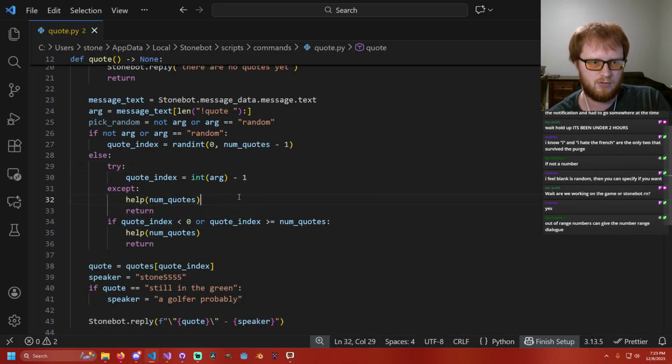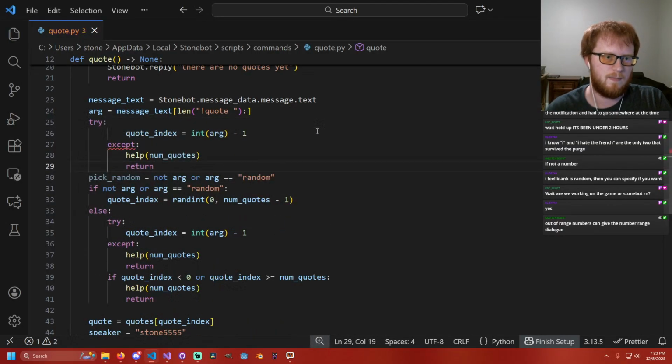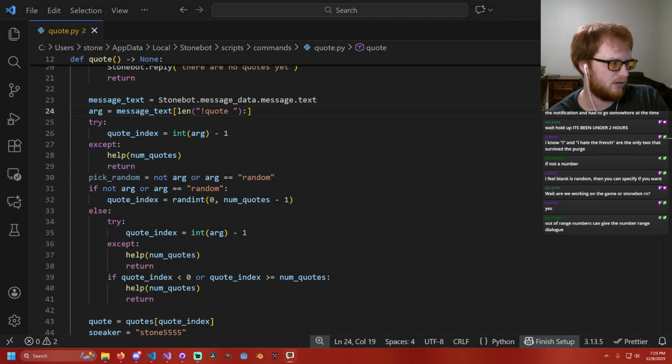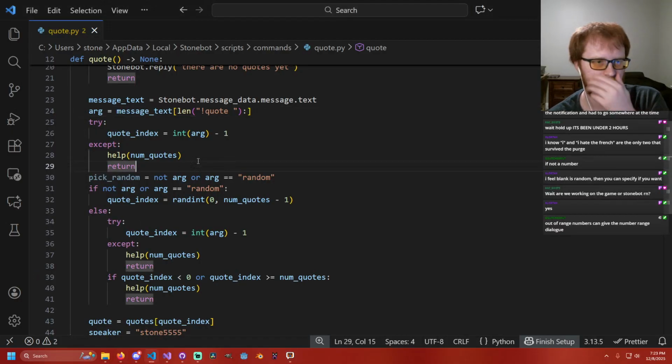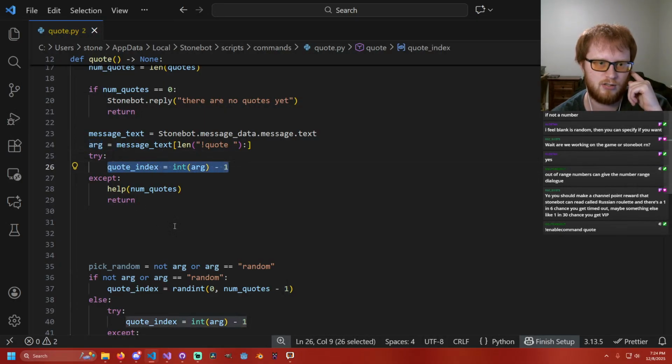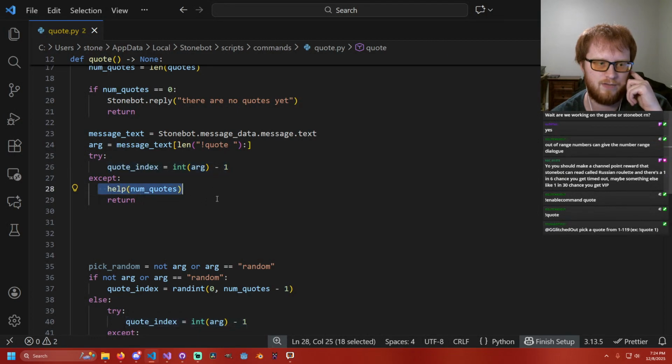So then if I just throw this up here, right? And let me actually, I'm going to disable the quote command for now while I'm messing with the script here. Okay. So I grab the message text and then I try and see if anything past the exclamation point quote space, throw that into arg. I'll try to parse it. If it doesn't happen,